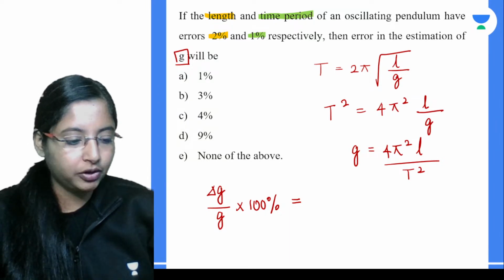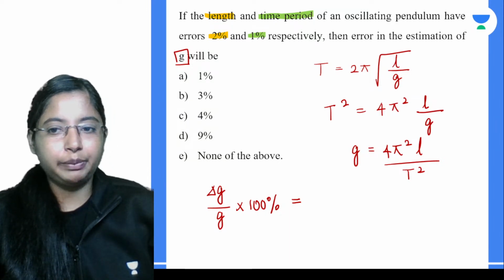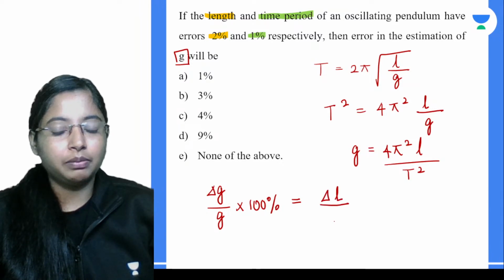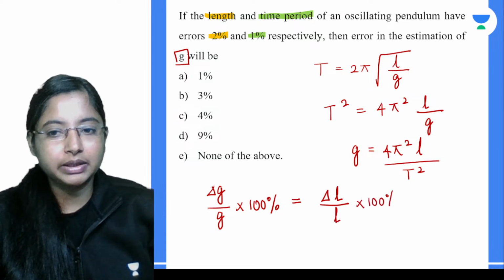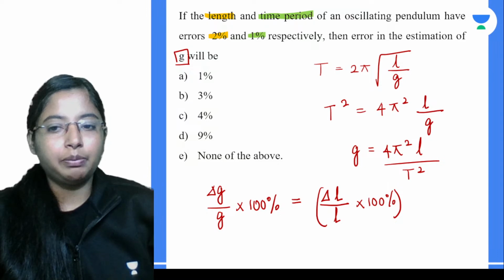Obviously they are constant, so you can eliminate them. Then we have the next term, which is length. So the error in length will be the absolute error by the actual value into 100%, plus